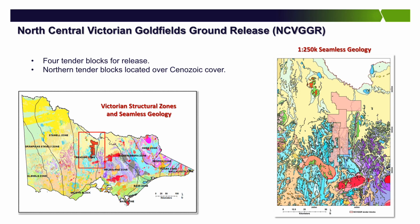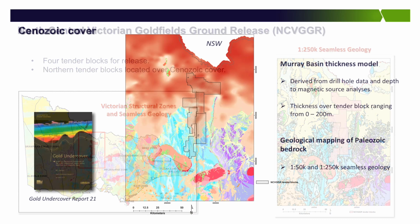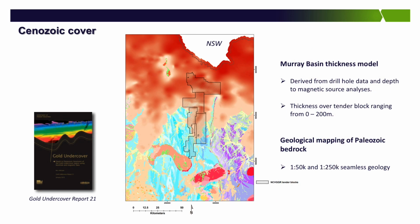So as you've seen today and probably know already, the tender blocks are situated in the northern Bendigo zone, the northern part of which is covered by Cenozoic sediments, the Murray Basin, which you can see there in the yellow. And just looking at that in a bit more detail, you can see this surface that we have produced as part of the gold undercover work. Mark McLean created this from existing drilling and magnetic depth to